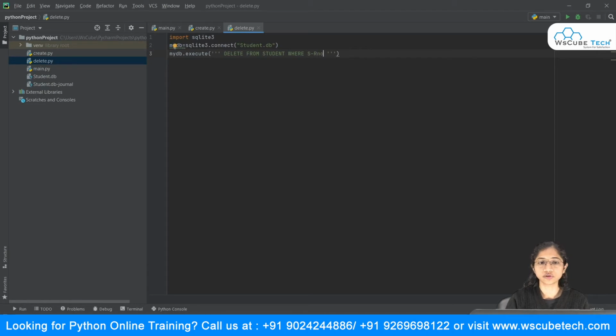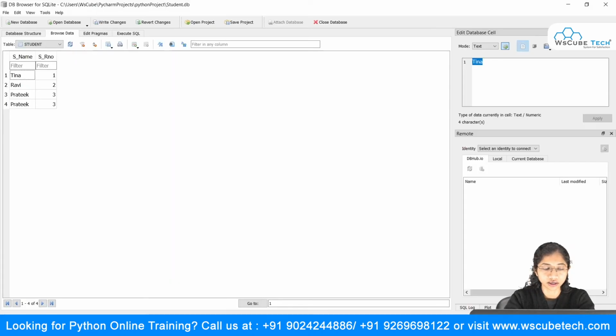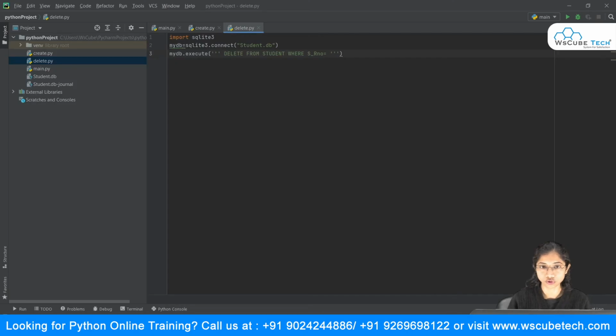So what I'm basically doing is delete from student where s underscore r number equals a value. Just check which record you want to delete. This is our s underscore r number, and suppose I want to delete this Ravi, so I will say it's 2.